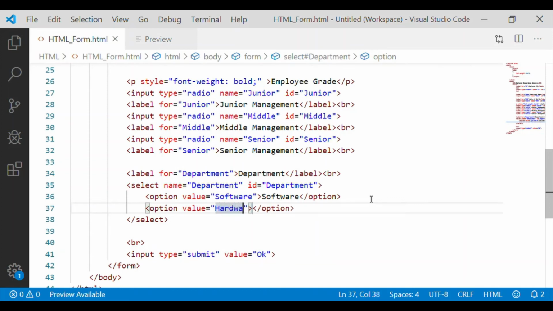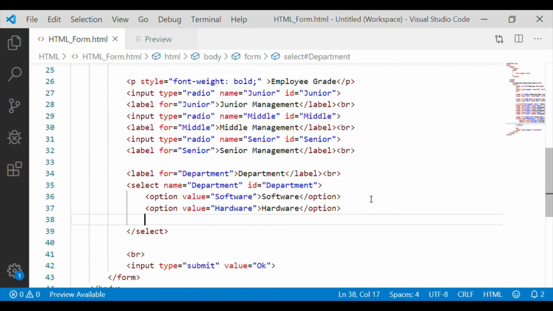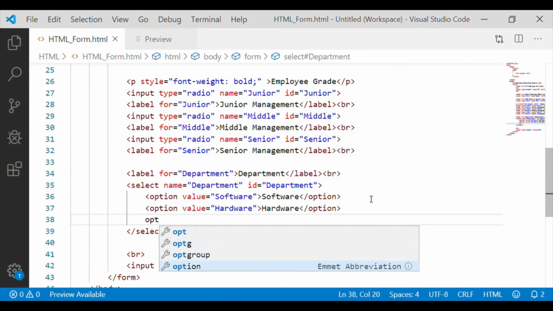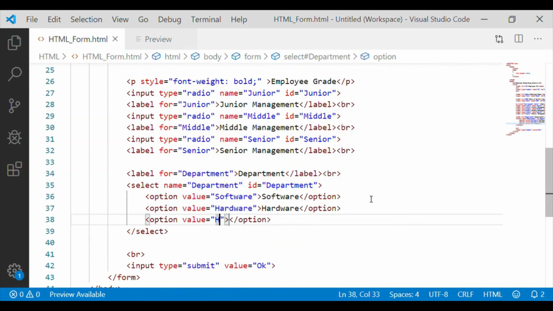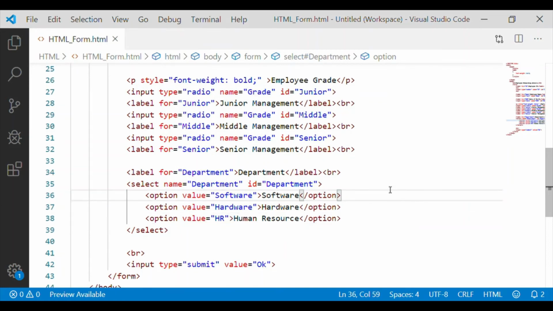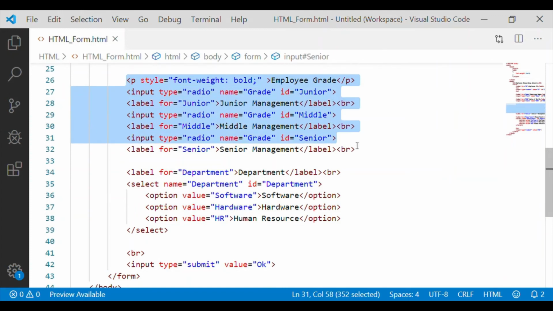There can be a department called hardware in the organization. And the third option is, let us say, human resources. So I think 3 departments are good enough for our demonstrations.